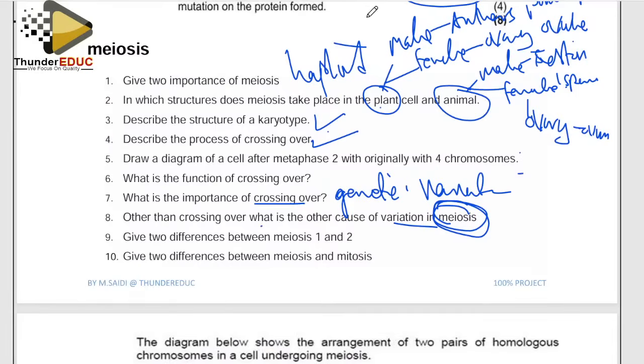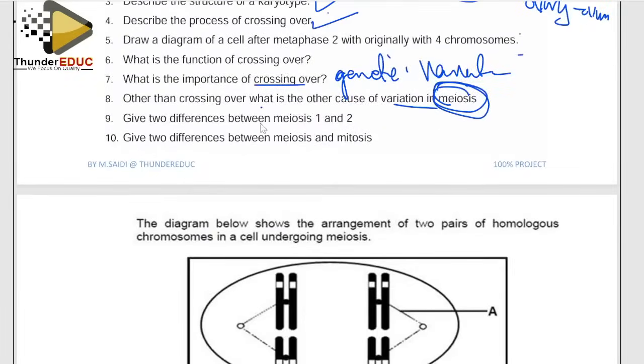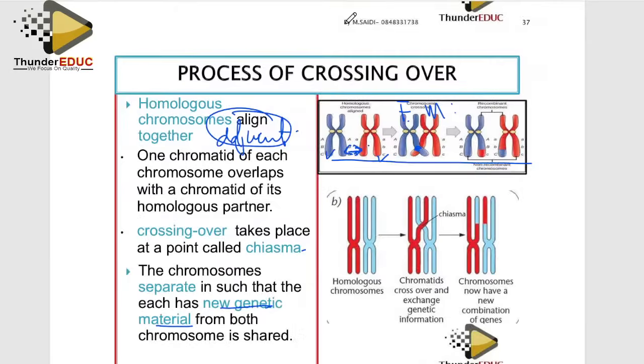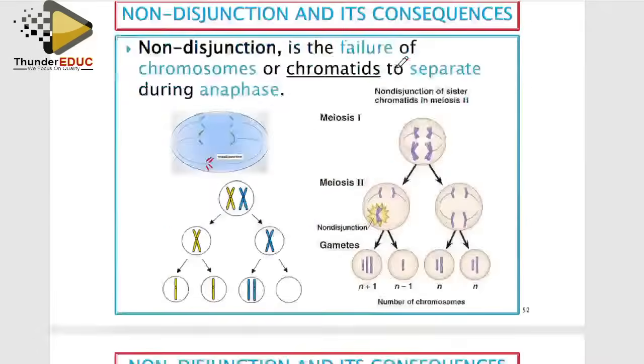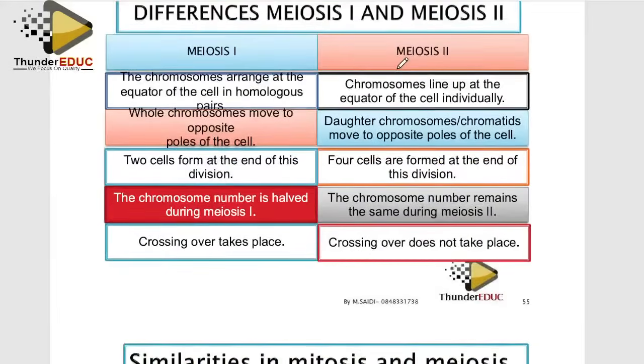Then we go to the next question. Give two differences between meiosis 1 and meiosis 2. In this case, it's easy. You look at it phase by phase. In meiosis 1, you talk about